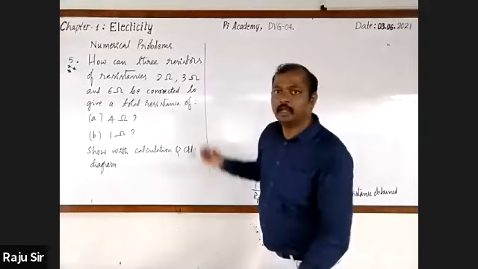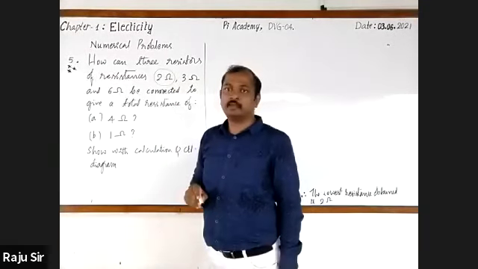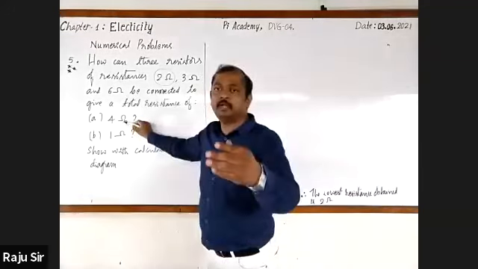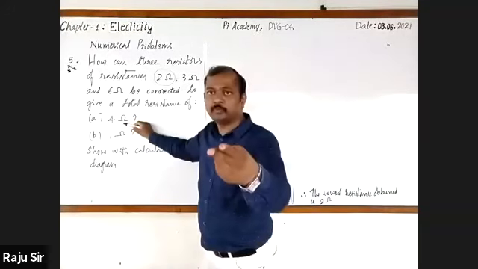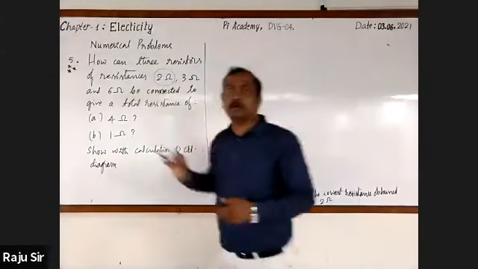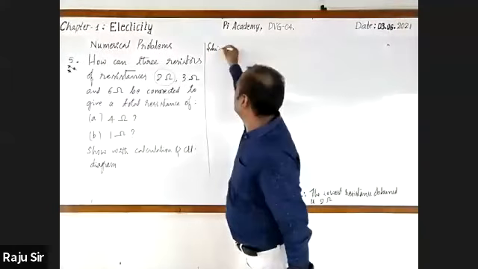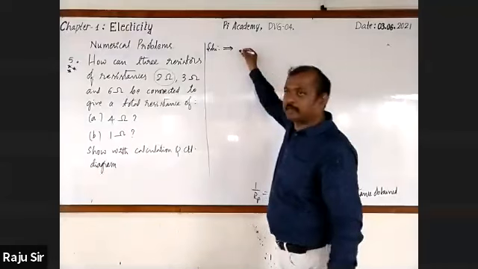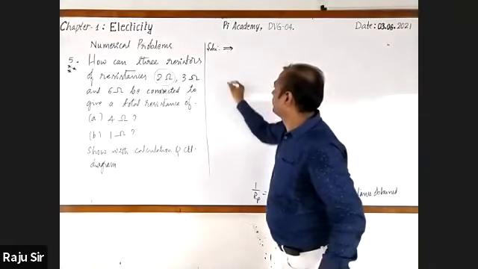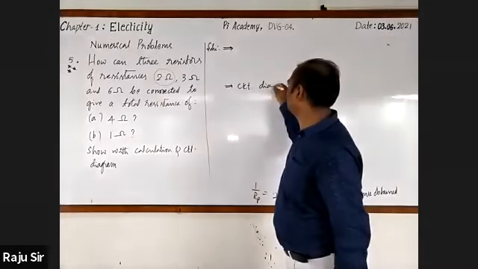Observe here. One thing you can notice is that 2 ohm is already there. To obtain 4 ohm, we need 2 more ohm. So to get 2 ohm, can we connect 3 ohm and 6 ohm in parallel? Yes, sir. We get 2 ohm, and then the series connection. Observe it. First, I'll draw the circuit diagram. Don't write anything. Observe the circuit diagram.